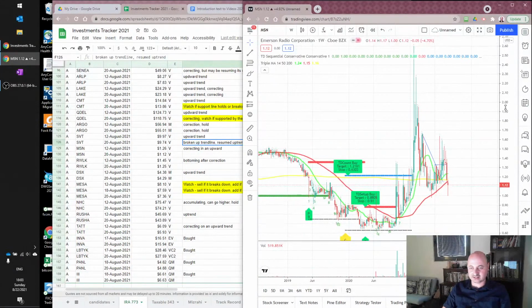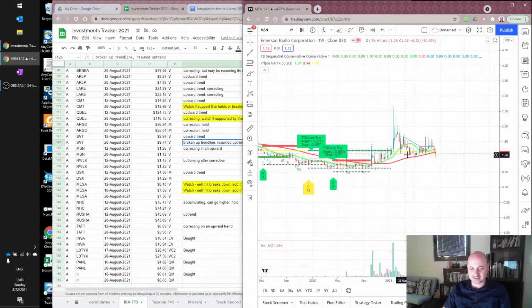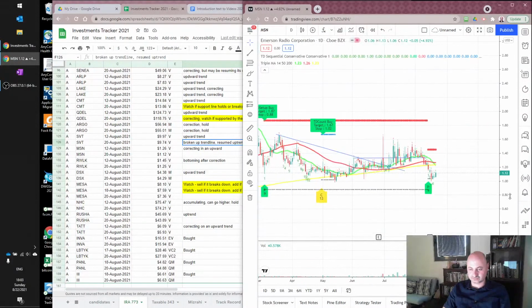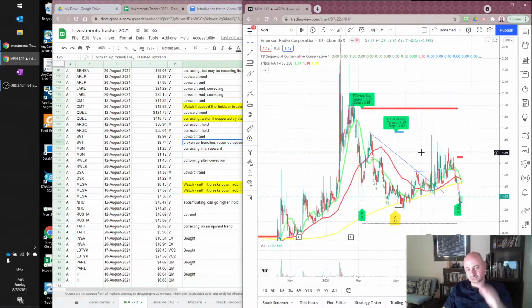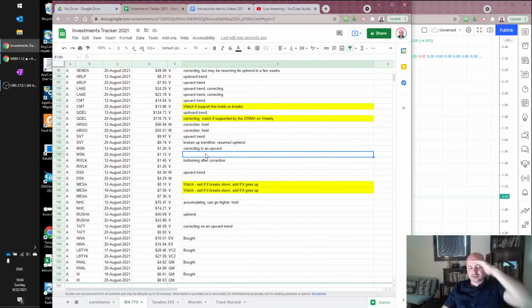Okay, MSN doesn't look very well. It started an uptrend since March 20. It's been correcting severely. Let's look at the daily chart. Found the support with the TD sequential support line and had 3 green days, 3 good days. We'll want to wait out and see how it unfolds. So that's a watch